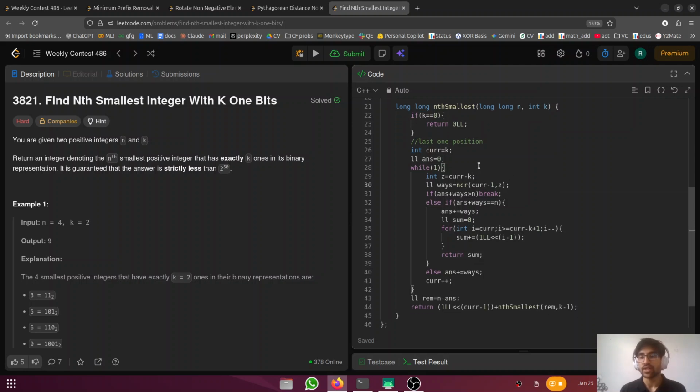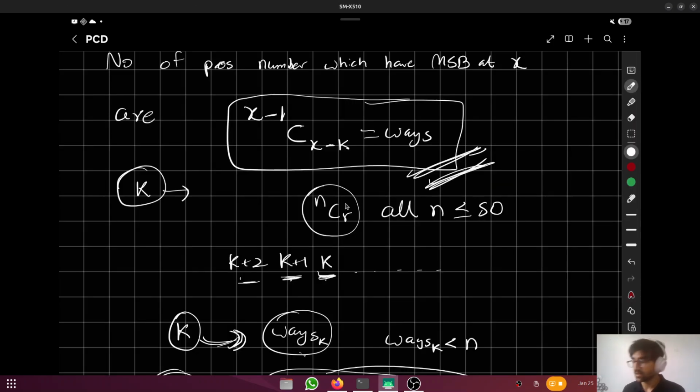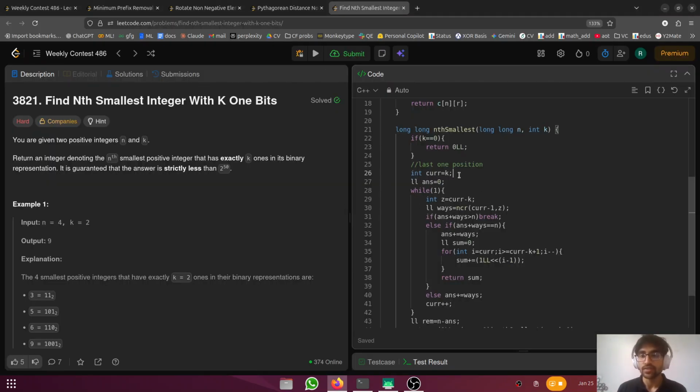Here, current is the last one position. The last one position can be no less than k, right? Initially, we have discussed that the MSB position should start from k. So let the current variable store the current MSB position, and the number of zeros will be current length minus